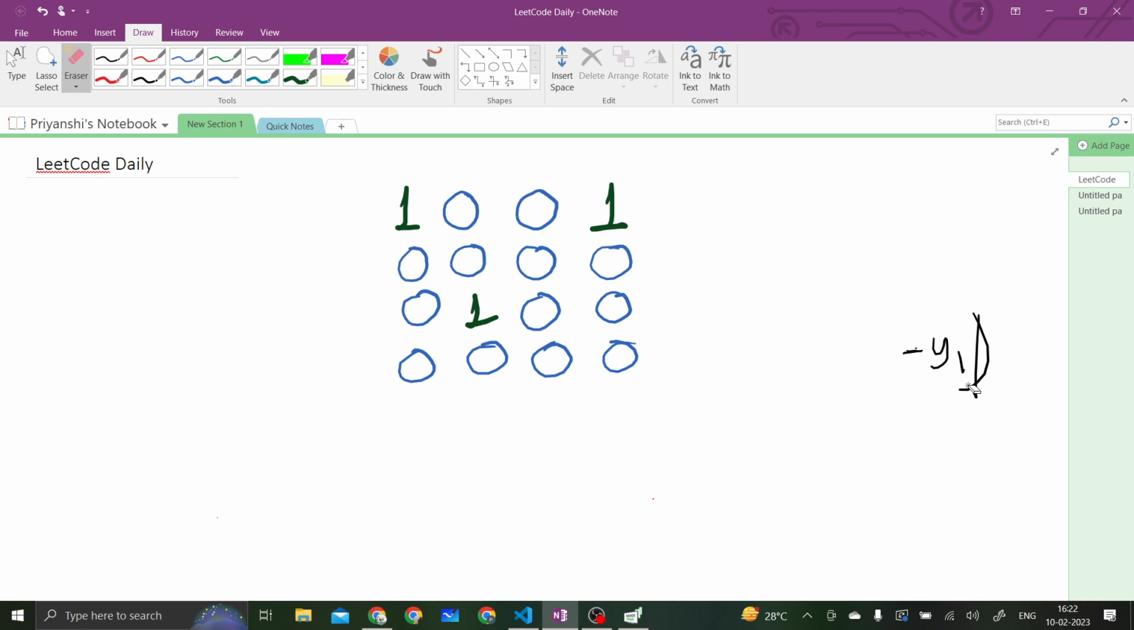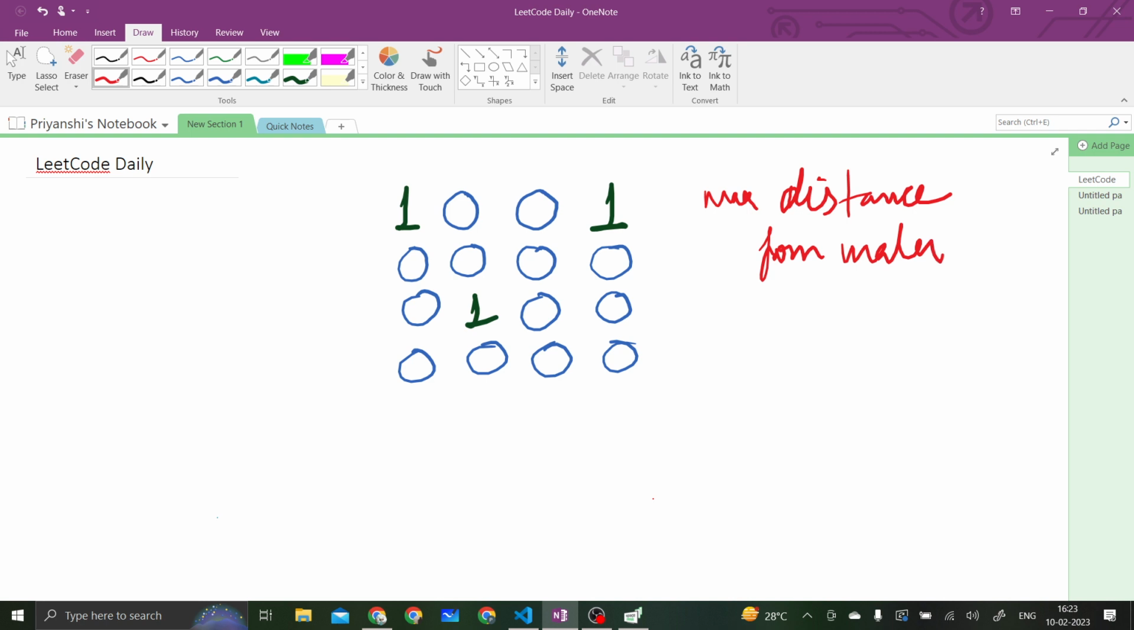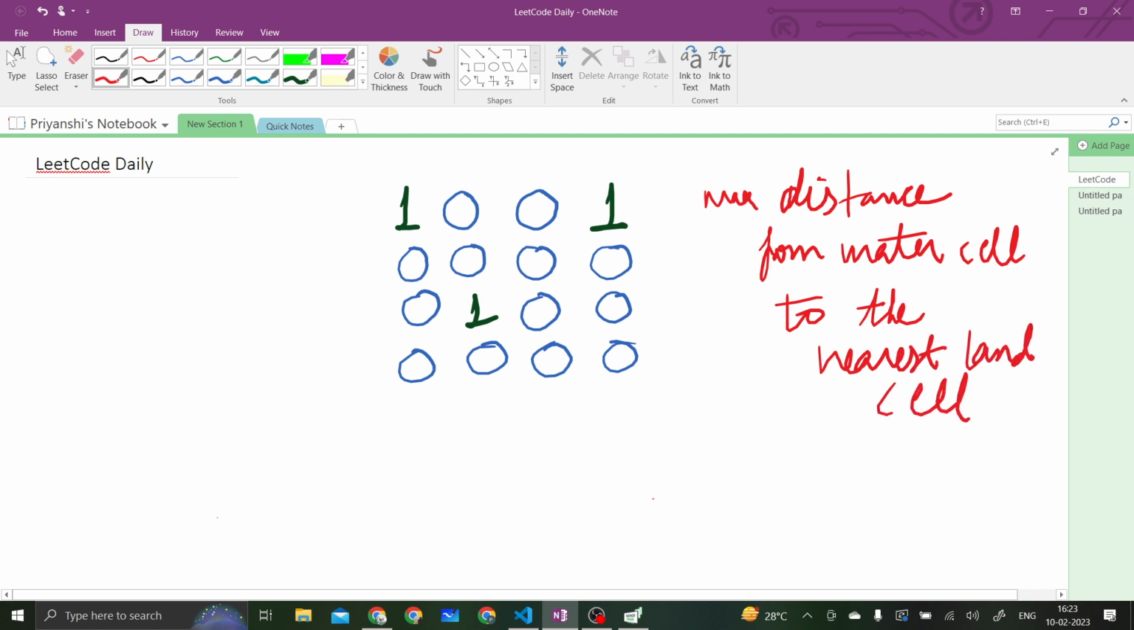So now let's see the question. In this question, what we want to do is return the maximum distance that we can get from a particular water cell to the nearest land cell, right? So first we have to consider the maximum distance from a water cell to the nearest land cell. If you see in this test case, this particular 0 is very far from this one and from this one as well,